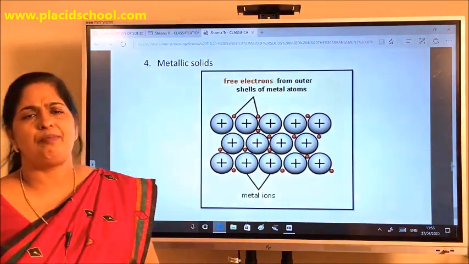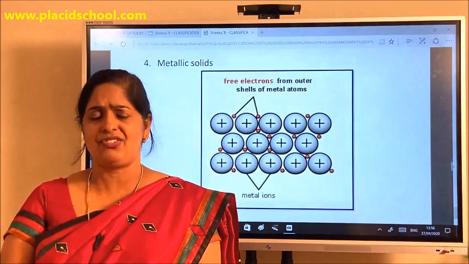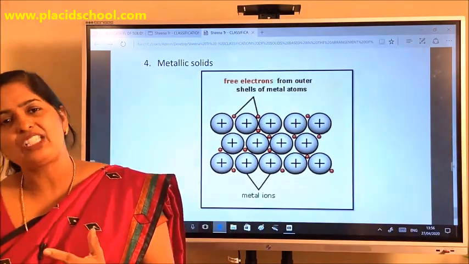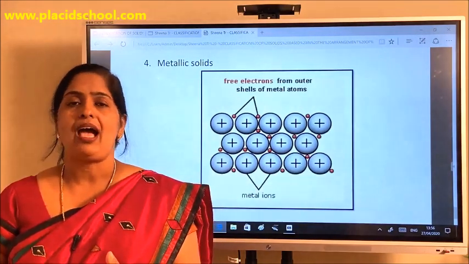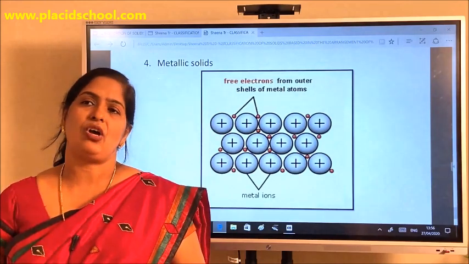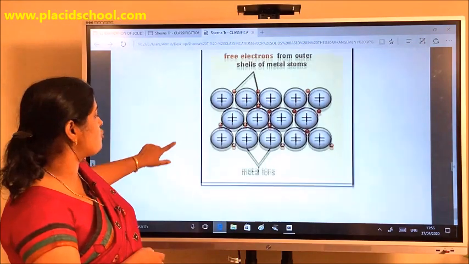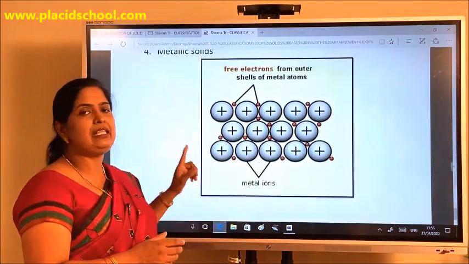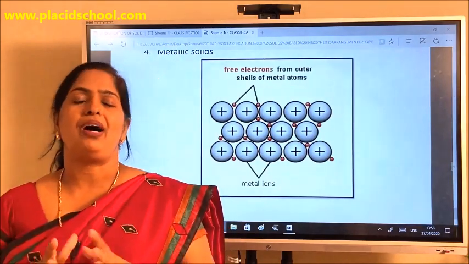So the fourth type, the metallic solid, let me say once again the characteristics: they are hard as well as soft. They have moderately high melting point and boiling point. At the same time, the intermolecular force of attraction seen in metallic solids is metallic bonding. So now the classification of solids based on the binding force between the particles is